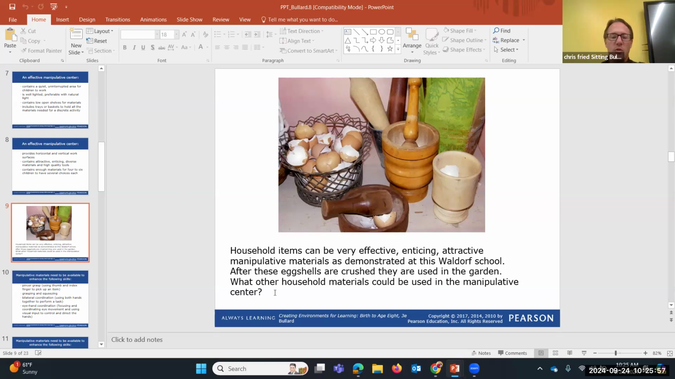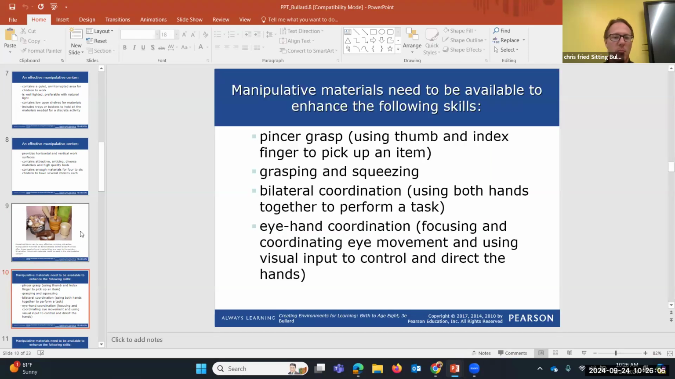But as you think of other household materials, what are some things that you might be able to use in that manipulation center? And there can be a ton of them that we could potentially think of. So it needs to be material available in the center to enhance each of the following skills. Our pincer